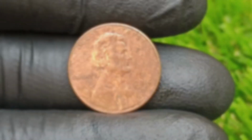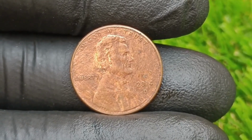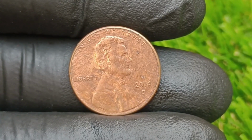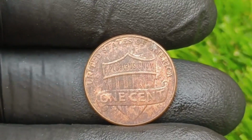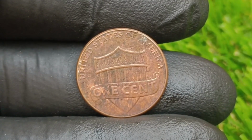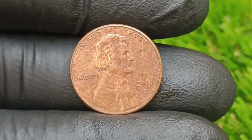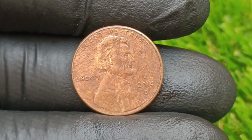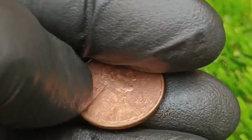And when we talk about errors, we're talking about double dies, off-center strikes, wrong planchet strikes, multiple strikes, misaligned dies, die clashes, missing layers, and even experimental planchet usage, all of which have occurred in the history of U.S. coinage and all of which hold potential to make a single cent worth more than most luxury cars, houses, or even businesses. And the 2014 D cent combines more than one of these errors, which is part of why it is so incredibly rare and desirable, because when errors overlap the value multiplies,